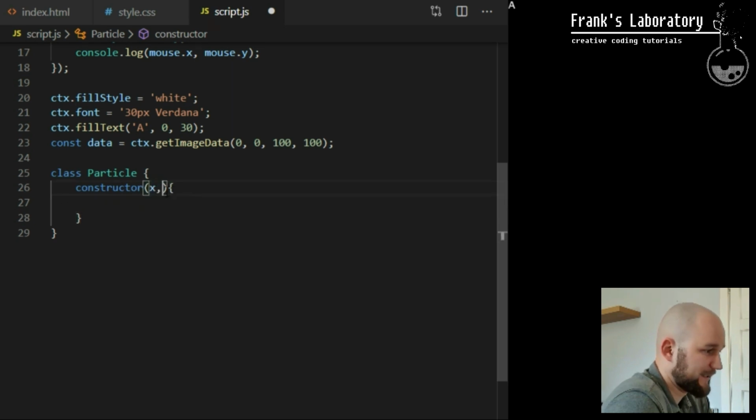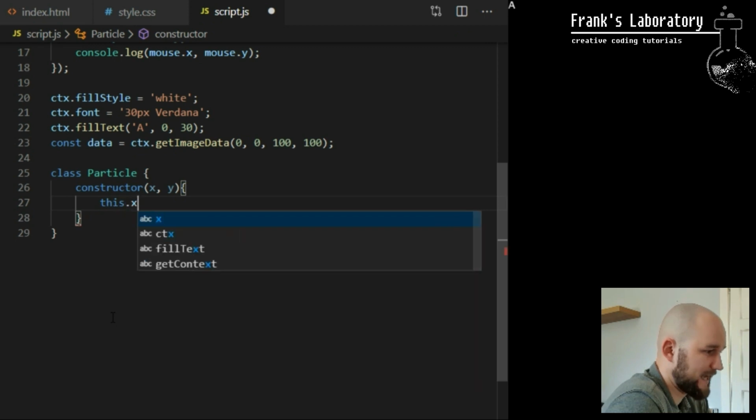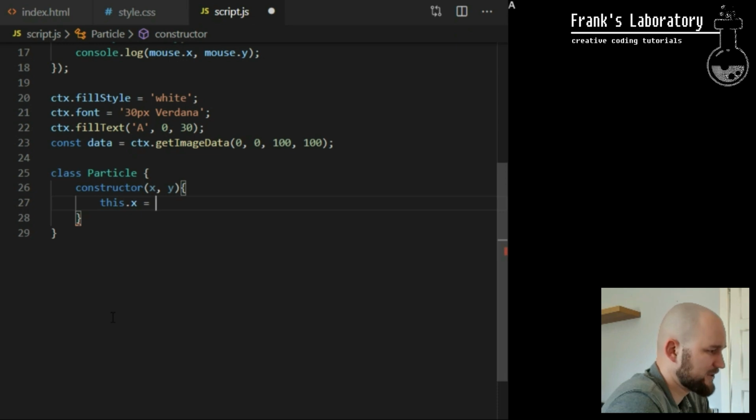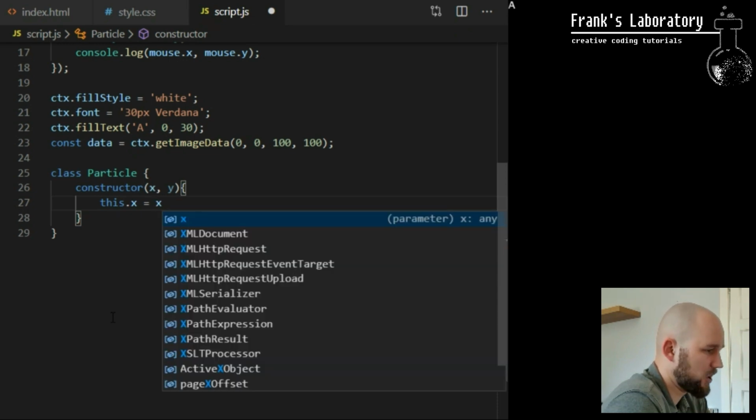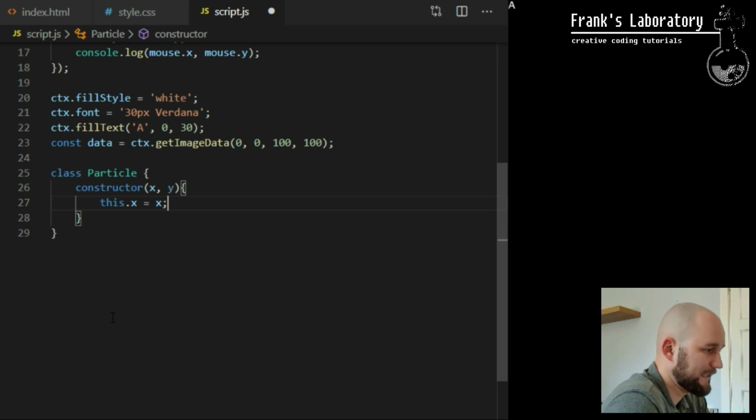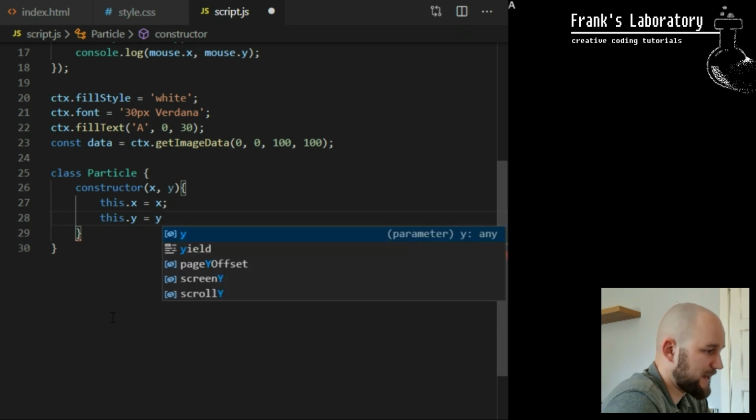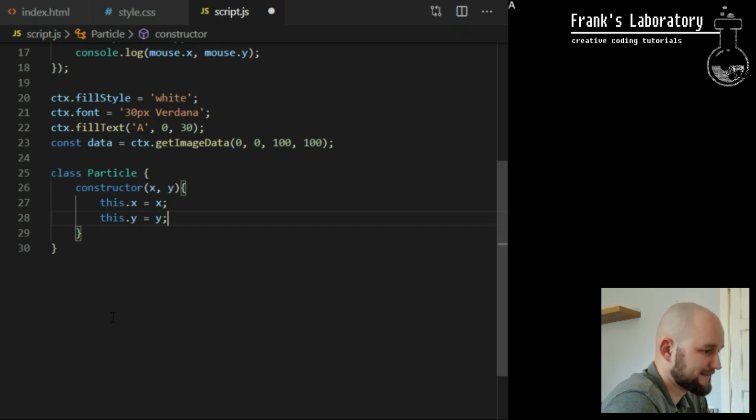Our constructor will expect just 2 attributes, X and Y coordinates, which will be different for each particle, and we will pass them to the constructor from the outside to make it spell out our letters for the final effect. Inside, I just say this.x property on a new blank object you are creating is equal to x we passed as an attribute. Same for vertical y coordinate. We will have other properties, but these will be set or randomized here inside the constructor. We don't need to add them from the outside, so we don't need to pass them as arguments on line 26.